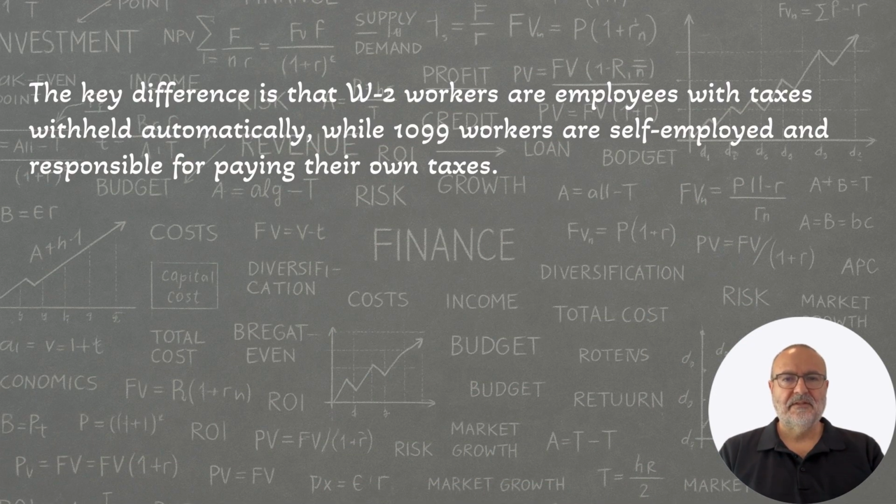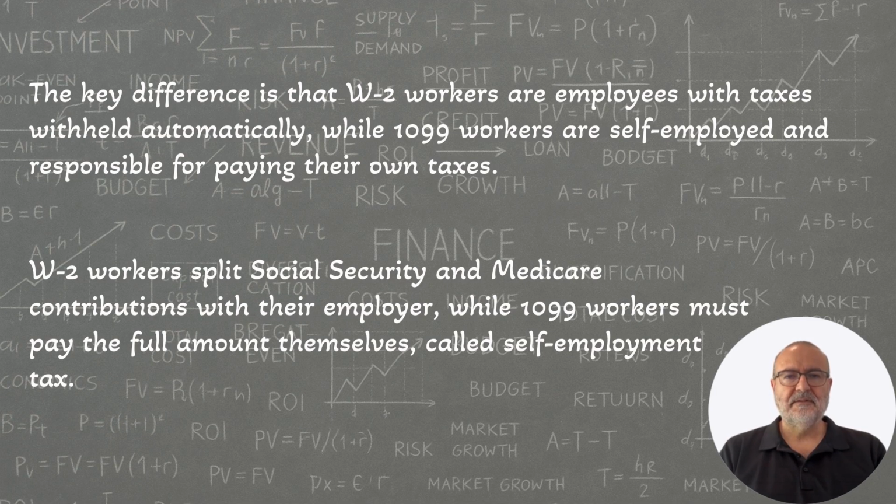The key difference is that W-2 workers are employees with taxes withheld automatically, while 1099 workers are self-employed and responsible for paying their own taxes. W-2 workers split Social Security and Medicare contributions with their employer, while 1099 workers must pay the full amount themselves,